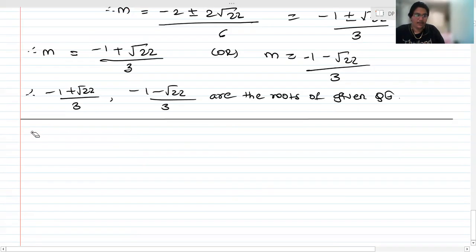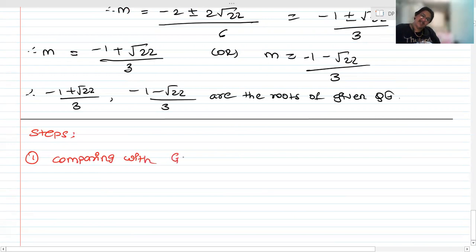Steps to be followed. First, this is pink or red, I can't identify. So first step, comparing with GF. GF means general form, which is ax square plus bx plus c is equal to 0. Saying GF increases views. Anyways, just kidding. Then you need to substitute for